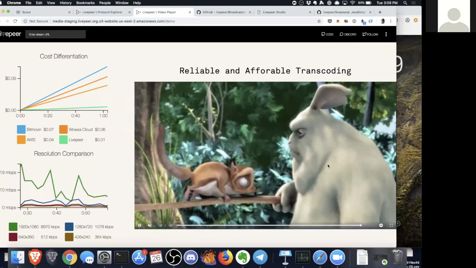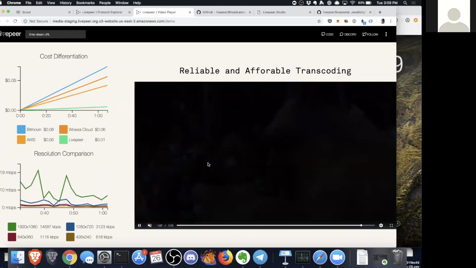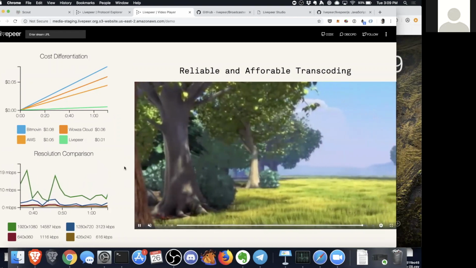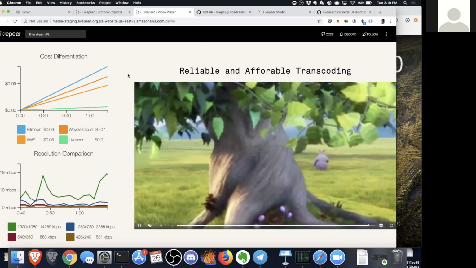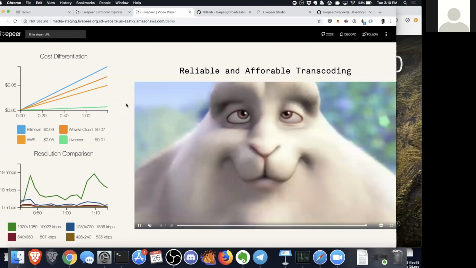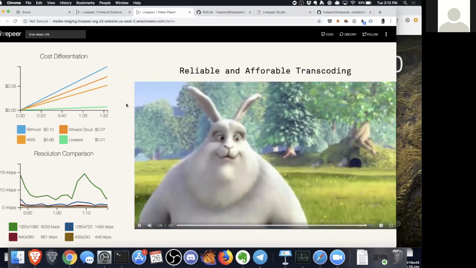And so I just manually switched it. It was probably hard to tell, but you're seeing it at a much lower resolution using much less data than you were before. And so if you're not a video developer, you may not necessarily care about this concept called transcoding, but it's super important as a consumer of video.